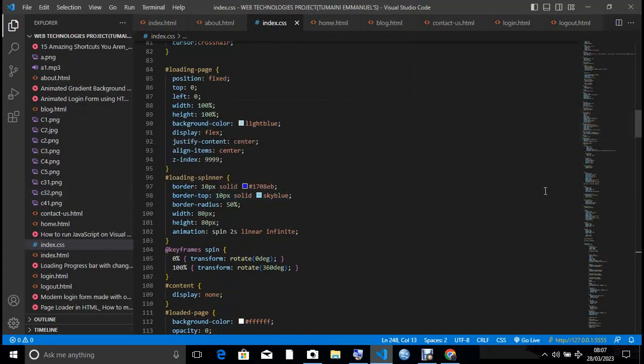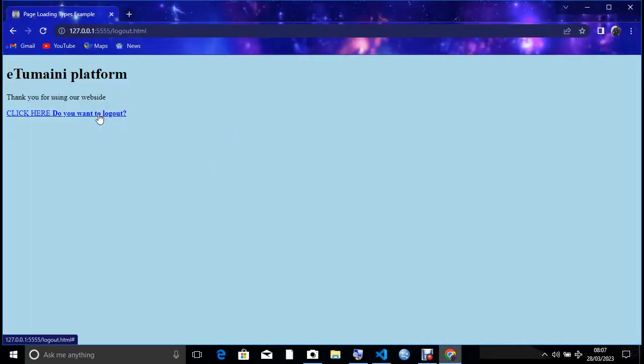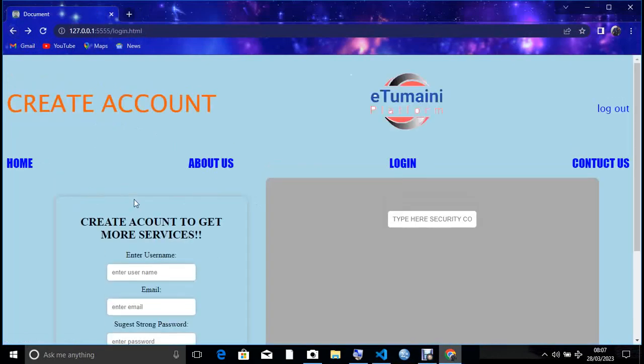Justify content center. We have justify content space between. For example, at this particular point, we have home, about us, login, and contact us. Justify content space between means home and the others have a space between them at this particular point. Even the create account, the logo and the logout, the way this space is created is by using